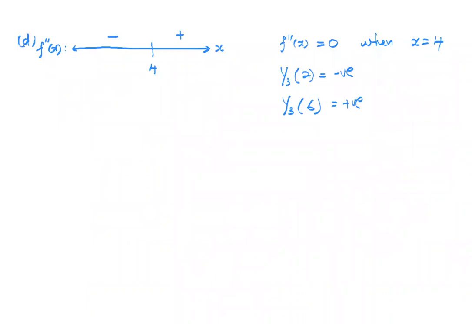Before I go to part E, I want to explain how this sign diagram of f double prime x tells you about the f x graph. So if f double prime x is less than 0, that means negative, y equal to f x graph